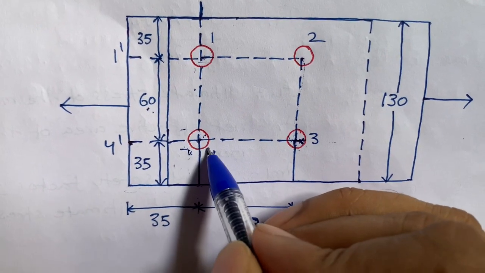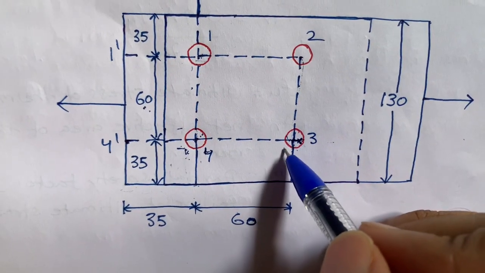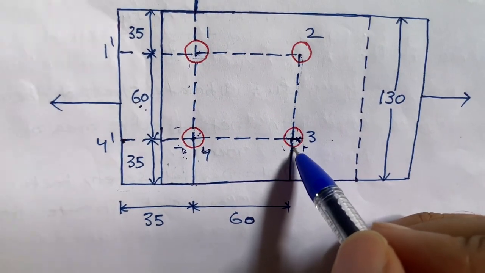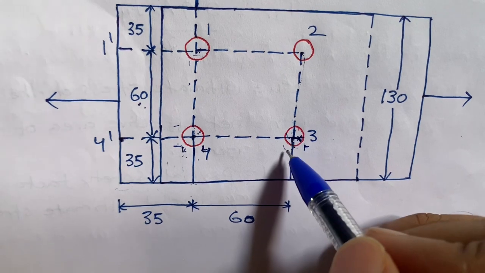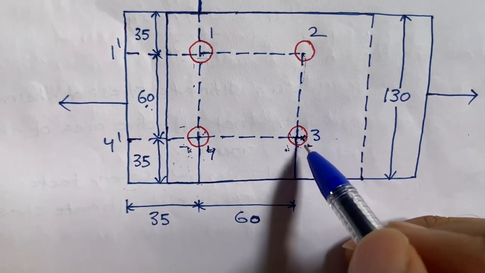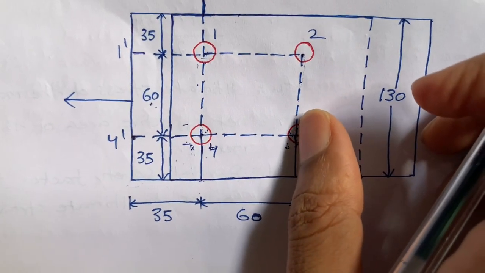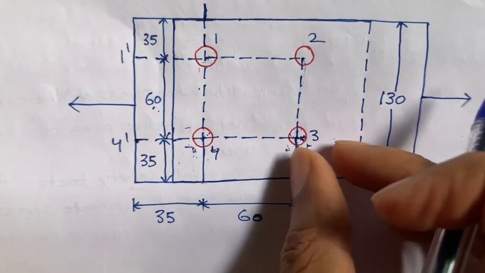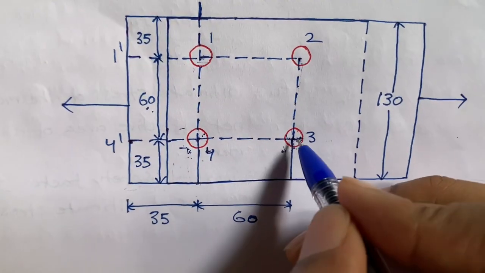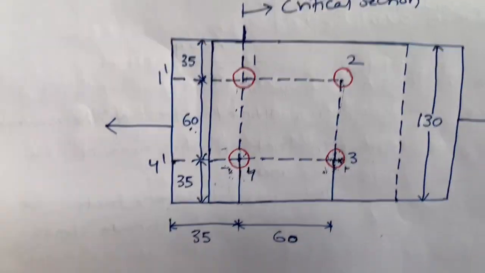From here to here it is one part, so that is 1. And next, same, from here to here it is one part. So half of this one part is 0.5. From here to here it is 0.5 and here to here it is 0.5. So we need not consider this 0.5. So total of this one part and this one part is 2, but we are subtracting this 0.5. So 2 minus 0.5, that is 1.5.